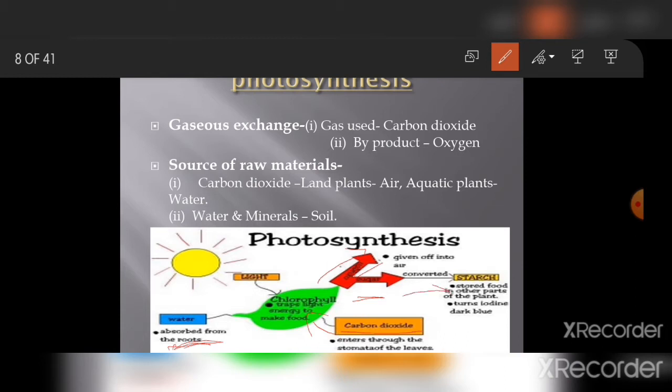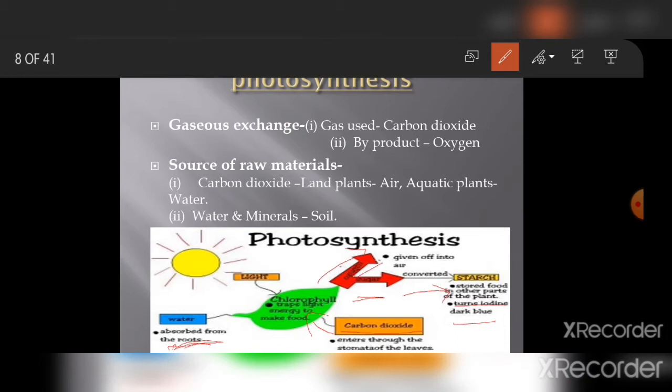So here the plant consists of chlorophyll in its leaf, which traps the sunlight, and stomata, which bring in carbon dioxide, and water is absorbed from the roots. The energy conversion that takes place here is that solar energy is converted to chemical energy, and the role of chlorophyll in this is to trap the sun's energy for photosynthesis.